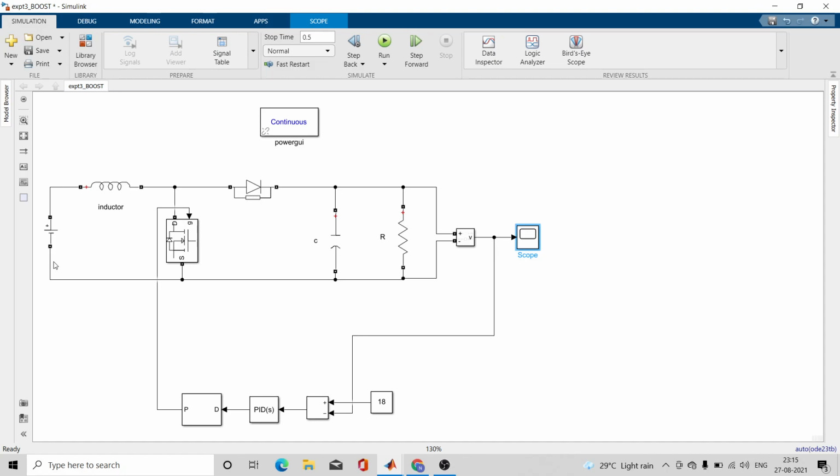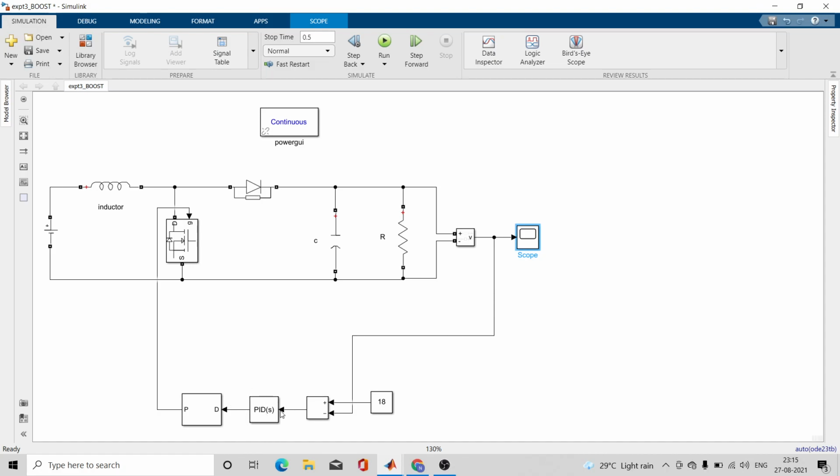For example, I have changed the input from 12 volt to 15 volt. Here the output is no longer 18, it is something different. The difference in output is given to the feedback of this PID controller.